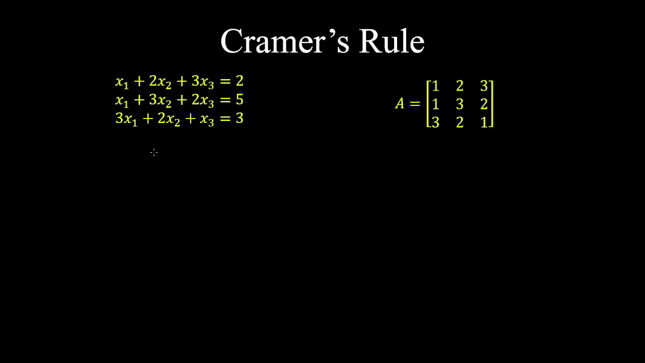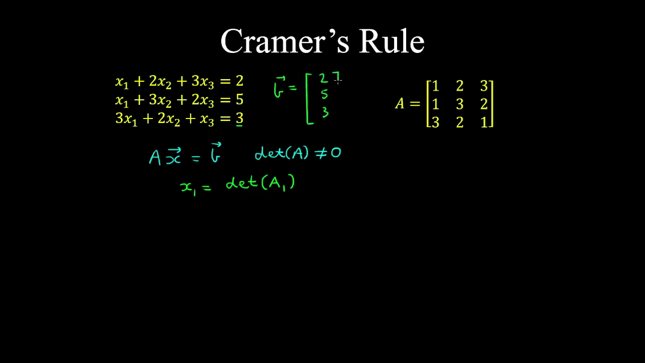Cramer's rule states that if we have a system of linear equations with n unknowns, and the determinant of the coefficient matrix is not equal to 0, then the system has a unique solution, being x1 is equal to the determinant of the matrix with column 1 replaced with this right hand vector b on the determinant of the coefficient matrix,